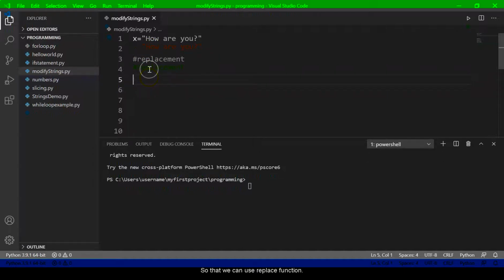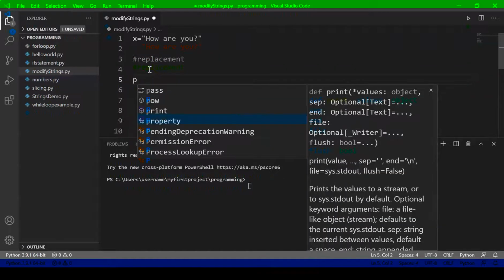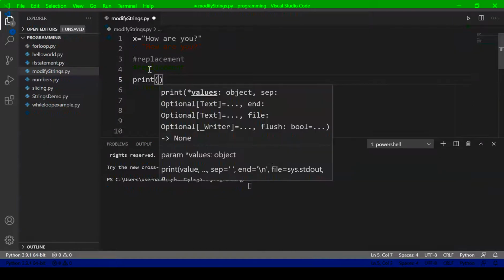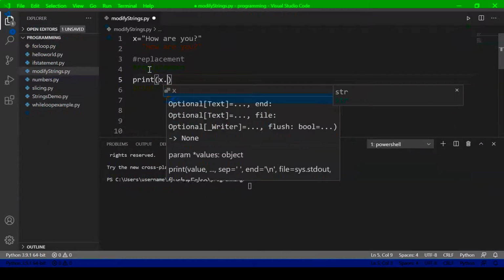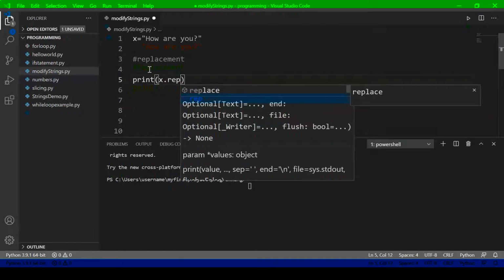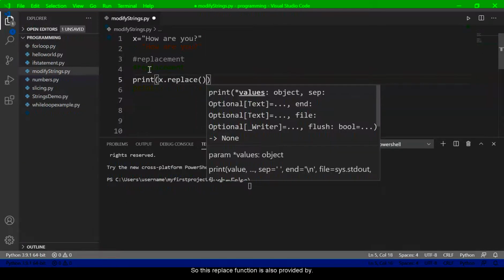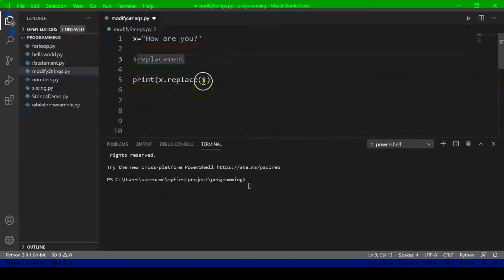So for that we can use the replace function. So x is a string dot replace. This replace function is also provided by Python. In replace we can pass two parameters. So I want to replace h with comma w. All right, as simple as that.